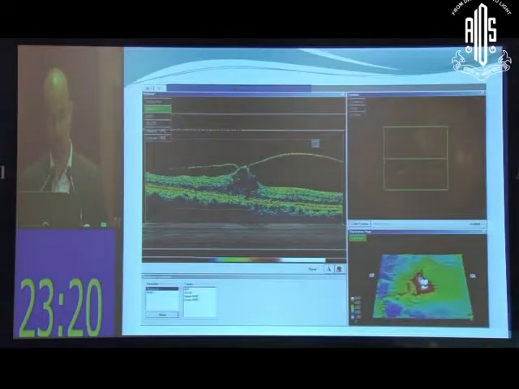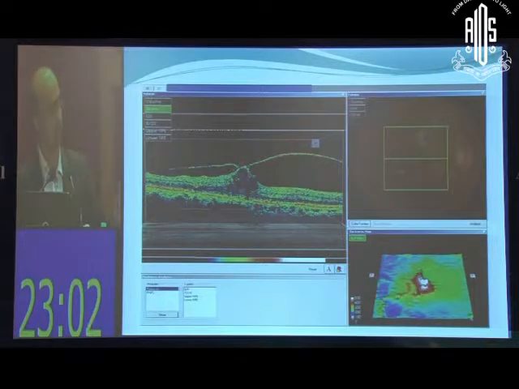But that's a common mistake which we should all avoid, because this patient basically has a vitreomacular traction. So no investigation should be used in isolation, but it should be used as an adjunct to each other. If I had treated this patient with anti-VEGFs or laser, it would have been useless, because basically this patient is suffering from vitreomacular traction.